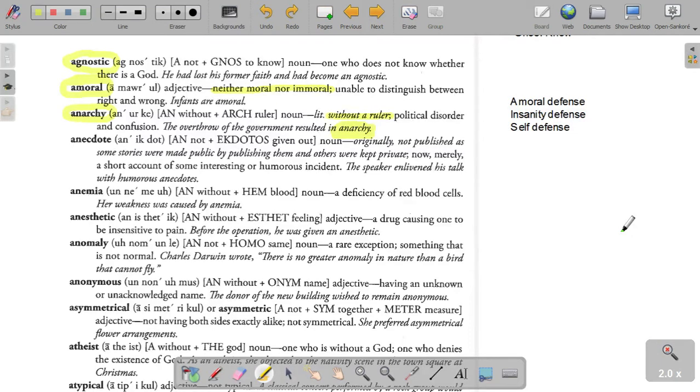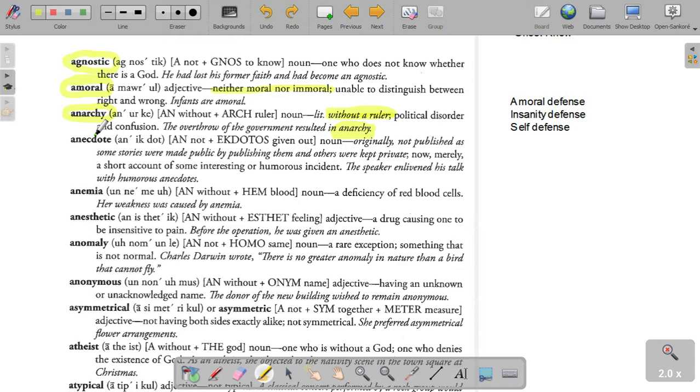Trick question. If it has a form of government, it wouldn't be an anarchy, right? But actually, there are places that have tried to have an anarchy, meaning literally trying to not have any form of government or leadership whatsoever, because in an ideal world, that would be awesome. However, what they found is that in general, an anarchy always leads to political disorder and confusion. That's why the word no longer just means without a ruler. It now means political disorder and confusion, because every time they've tried to have a true anarchy where there's no ruler, it never has gone well.